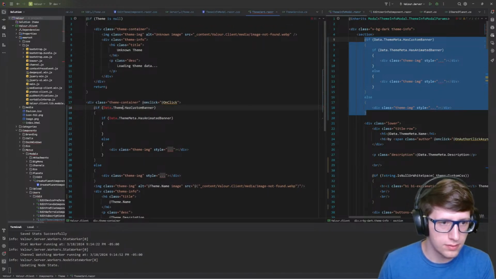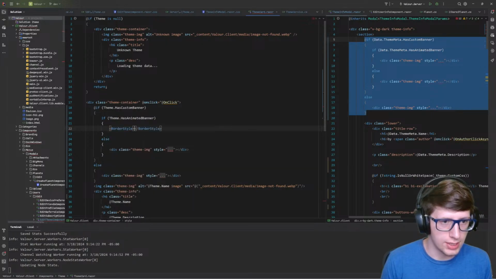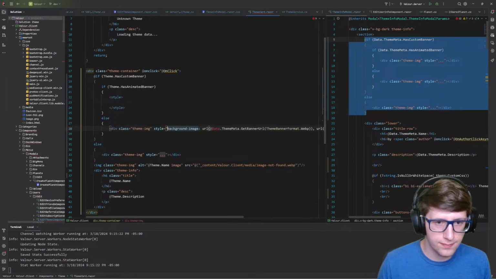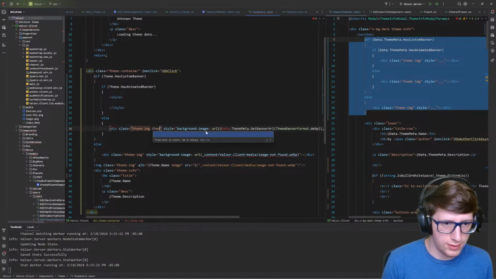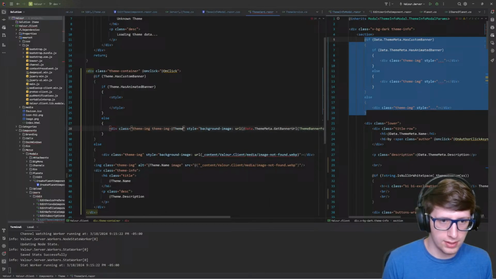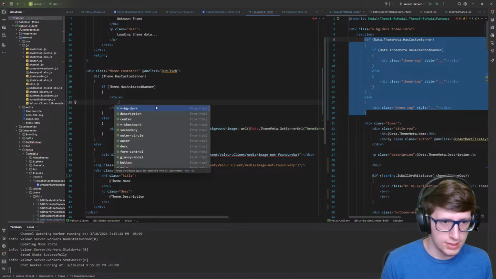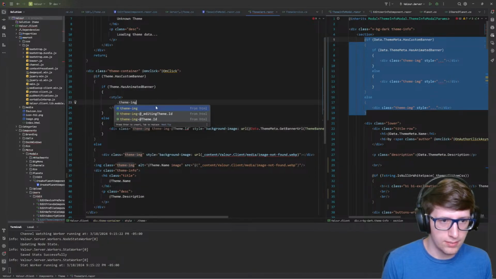Theme. This is going to do the same style shenanigans as the other one. And this is also going to have theme image at theme.id. And then this is going to do dot theme image